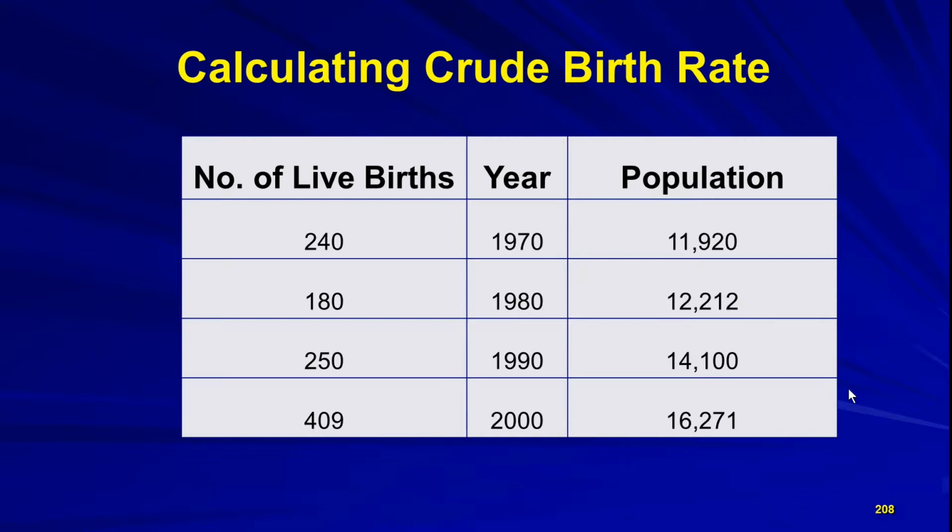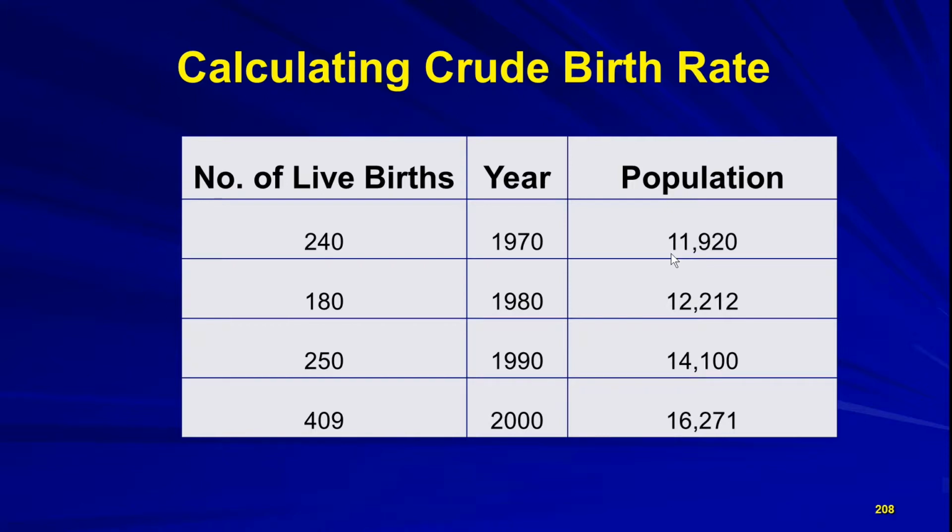Frequently, data is not organized the way we would logically think it would be. Now, if you were going to logically arrange this, what would you do? Probably you would move year to the left, and then you'd have number of live births in the population. And then you would go through the calculations following the formula, and using your attack skills, you would write down the information that would be in the numerator and that information that would be in the denominator to come up